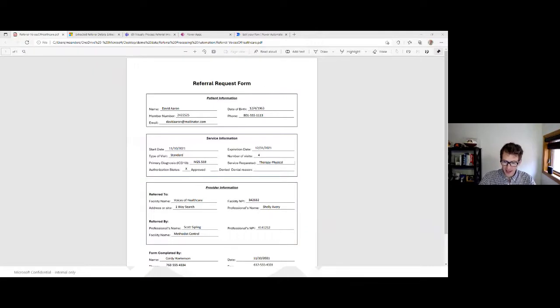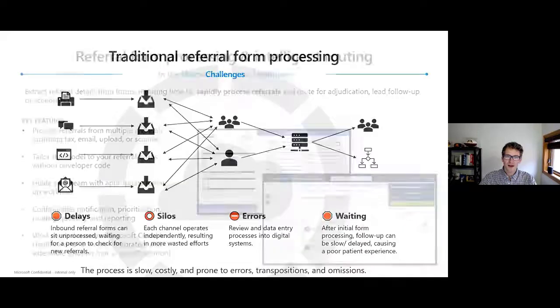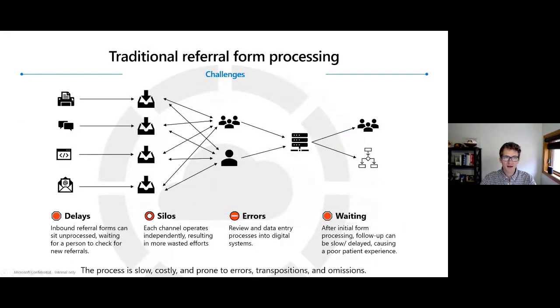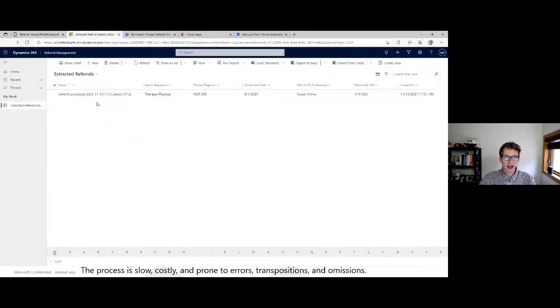Remember, in the slide that we saw previously, I'll go back to it a bit here. This is where it would be going in from the fax to an inbox, maybe a physical tray. It might be a digital inbox. We'd have people checking that before they enter it into a system and route it off to other people. But if I jump back over here and go to my app where I can see any of the extracted referrals,